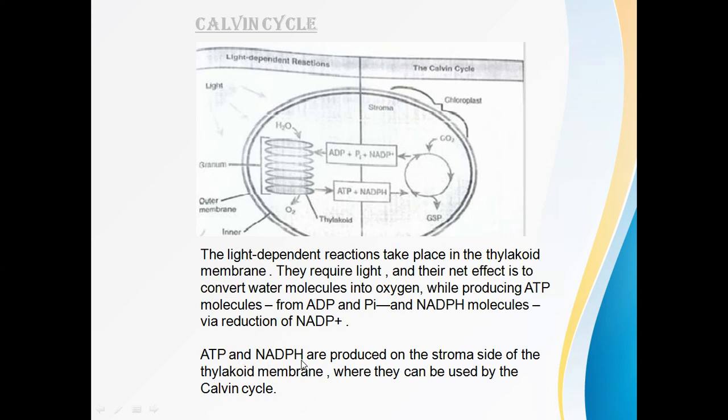ATP and NADPH are produced on the stroma side of the thylakoid membrane. They are used in the Calvin cycle. The Calvin cycle will use the ATP and NADPH, the energy molecules,